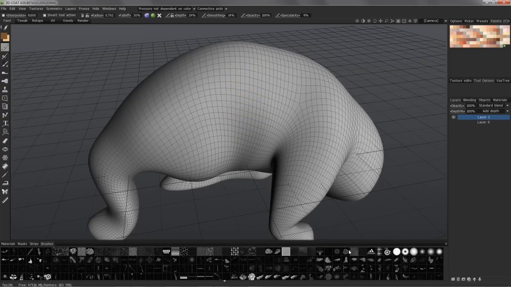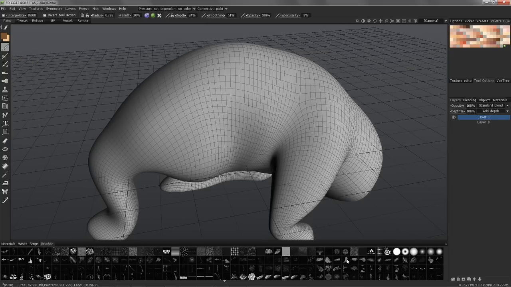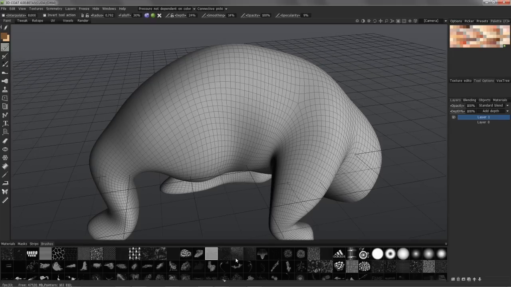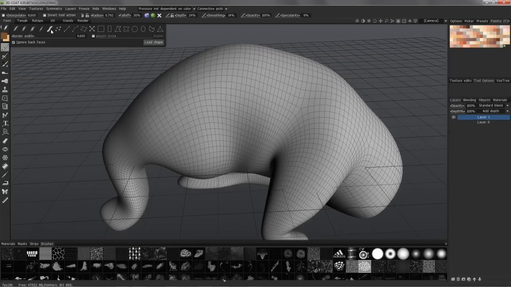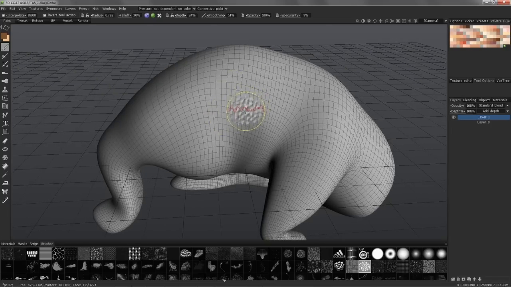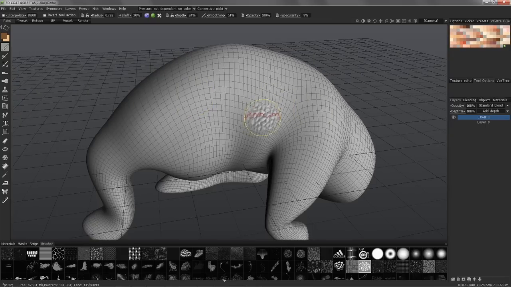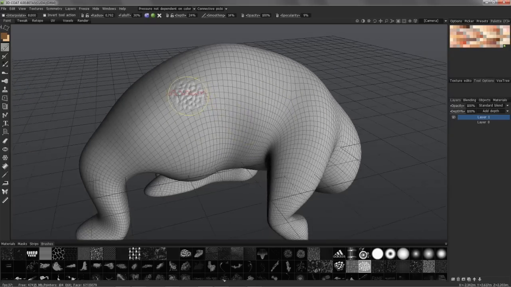Okay. Now I have this brush alpha, I'm going to increase the thumbnail size, and let's go with something like this, and I'll choose the stamp tool. I've got symmetry on the wrong plane here. I'll turn the symmetry plane on